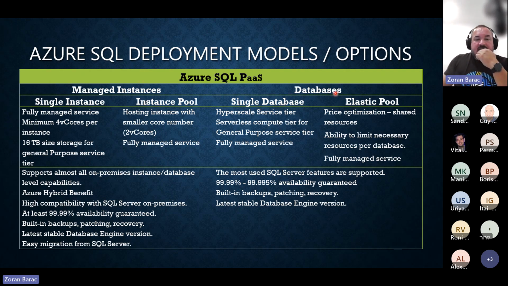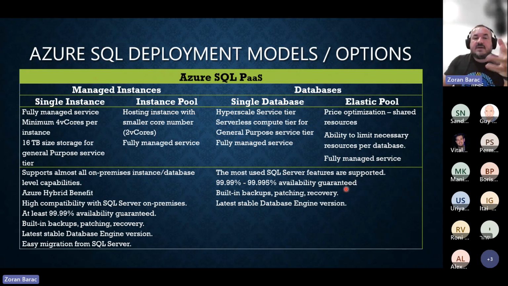So you have the Azure SQL Databases site. That's a single database and an elastic pool of databases. Single database offers you the Hyperscale service tier, as well as provisioned. And since March this year, just recently, like 2-3 months ago, serverless is available for Hyperscale as well. You also have a serverless compute tier for General Purpose. It's a fully managed service. You can go from 4 nines to 5 nines of availability guaranteed,